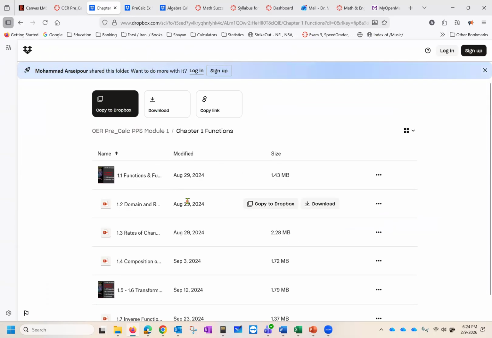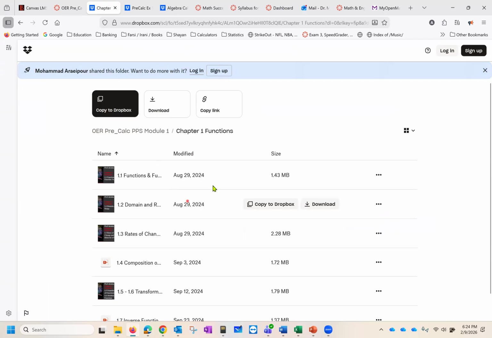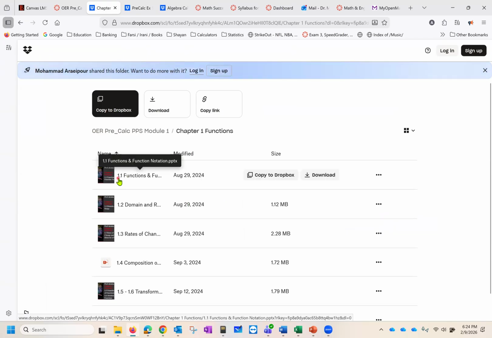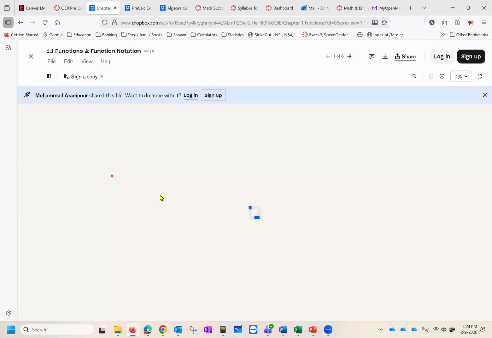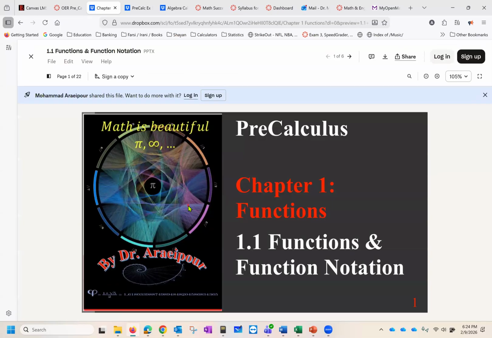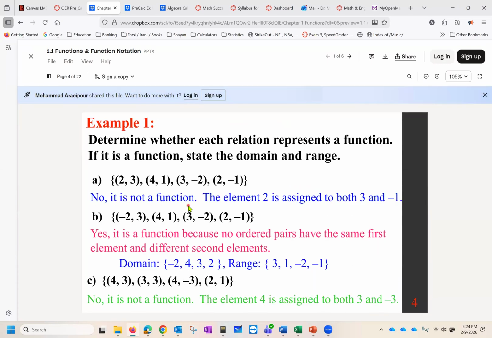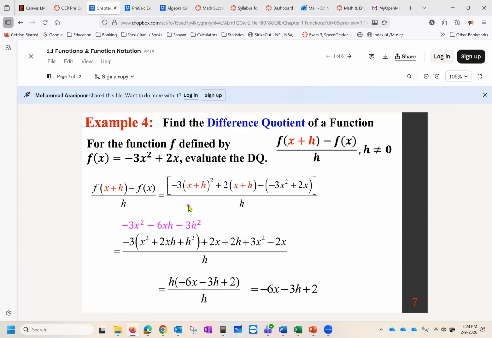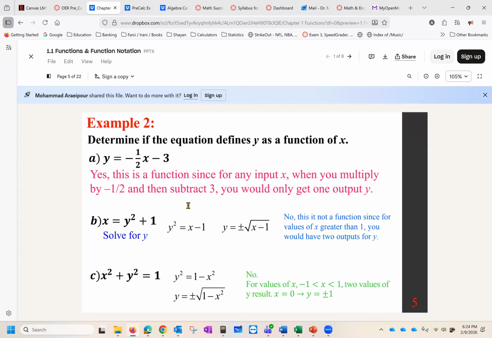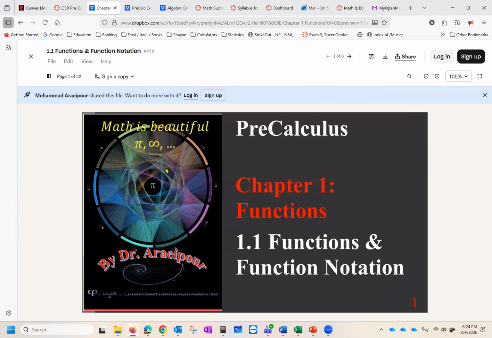If you click on it, you can get to a section of interest. And if you put it in slide mode, it goes step by step. So these are the PowerPoints that are being covered